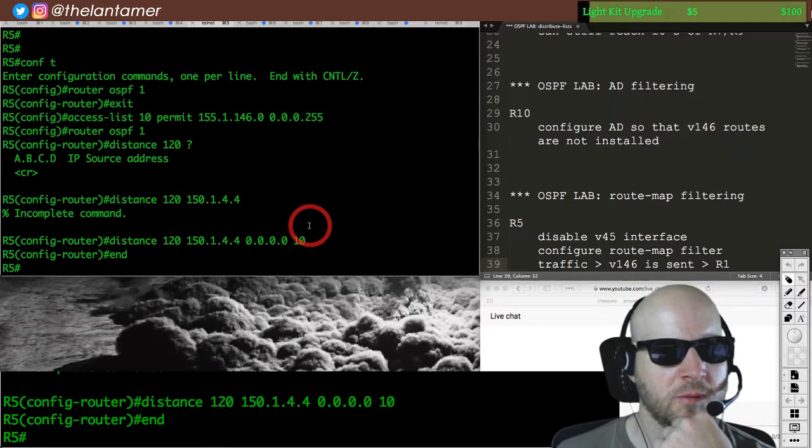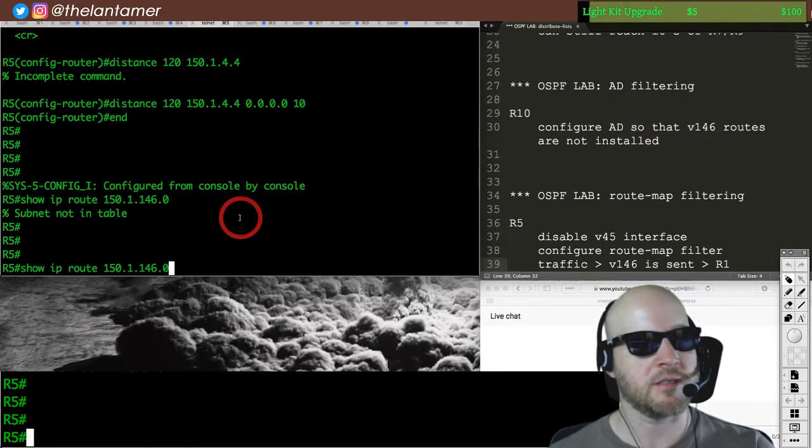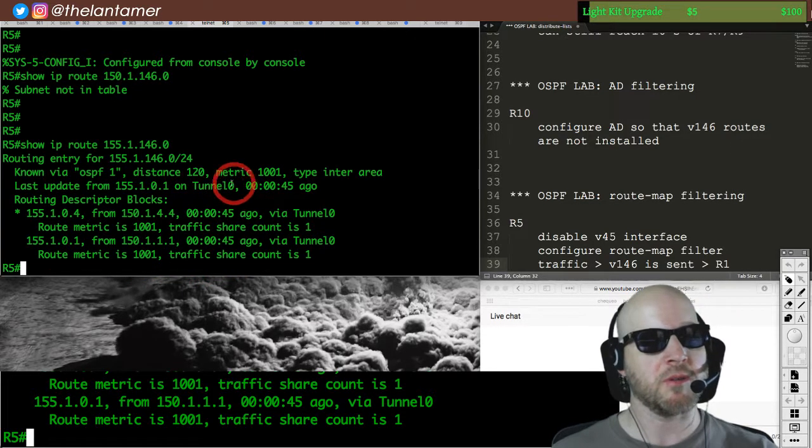That's not doing what we want, is it? 150. Oh, no, that's not it. 155. See, it changed it for both. It changed the distance to 120 for both. I only want to change it